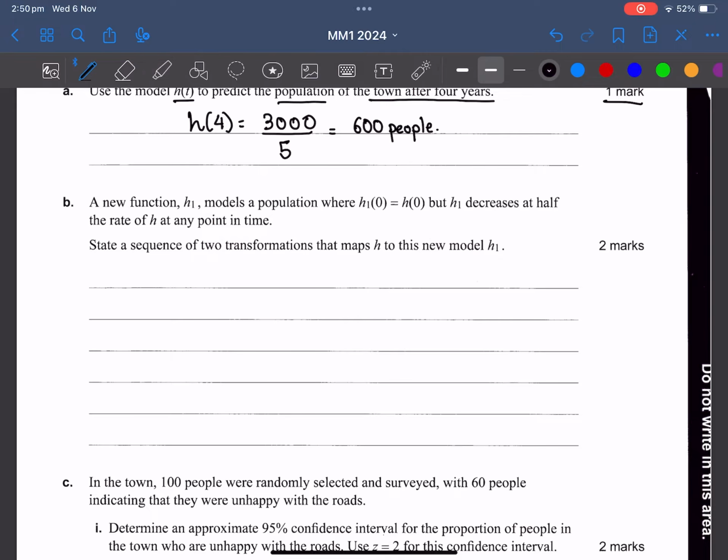So that means if the y value is changing, we have to dilate by a factor of half from the x-axis, or well, the t-axis in this case. So I think one of the transformations would be dilation by a factor of half from the t-axis, and because it's half, we have to increase the starting point as well, or else it's not going to be the same. So the next one is going to be translation